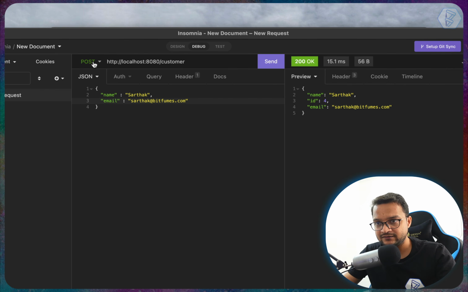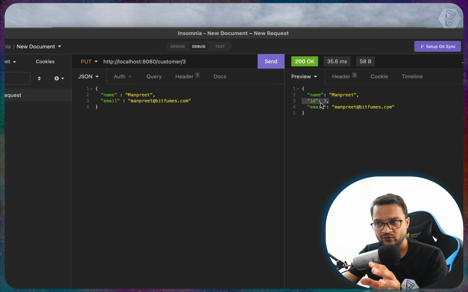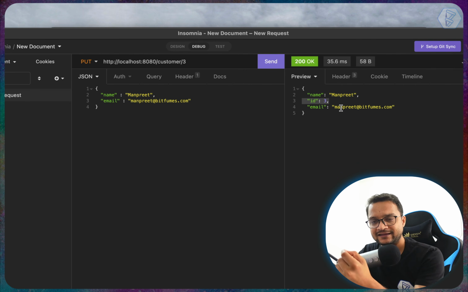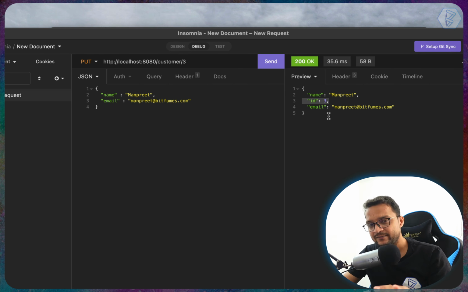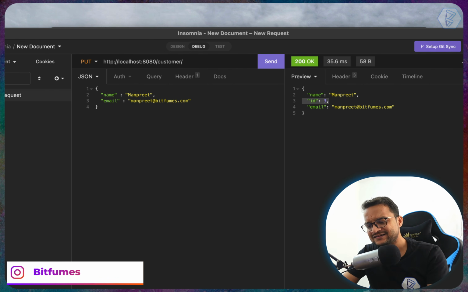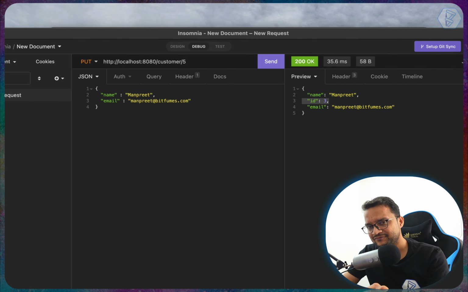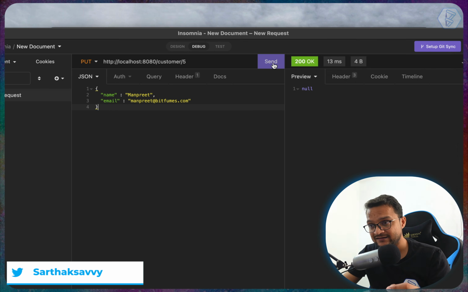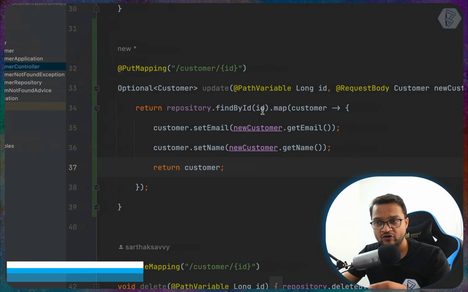So 4 is created. Now let's update once again the third one with this Manpreet and Manpreet at bitfumes.com. Let's click on send, and you can see the ID 3 is now updated with the name and the email of Manpreet and Manpreet at bitfumes.com. Really amazing, cool. But what if I say that, hey, I need an ID of 5. Okay, now with a 5 ID, if I send the detail, it's returning null because we know this is an